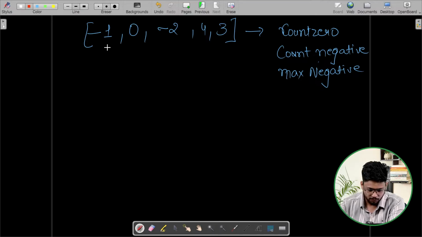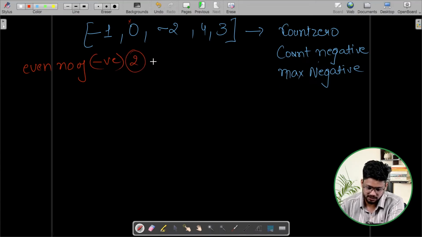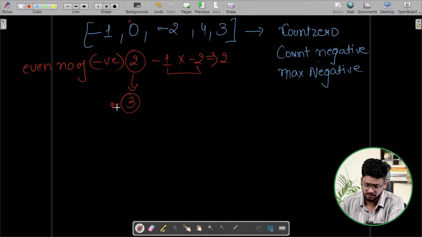Because if you see, what is going to be the maximum product? Okay, the maximum product is going to be the product of all the elements except zeros, and also there are more conditions. If this array is having an even number of negative elements, then it is very fine. Why? Because if it has like two negative numbers, then the negatives will multiply each other and become positive, because -1 into -2, that is going to be 2. But if it is having three negative numbers, that is an odd number of negative numbers, then it is not going to cancel